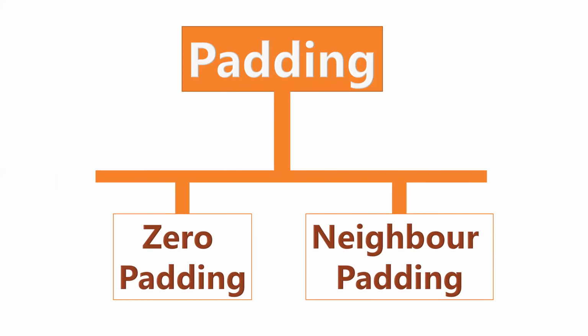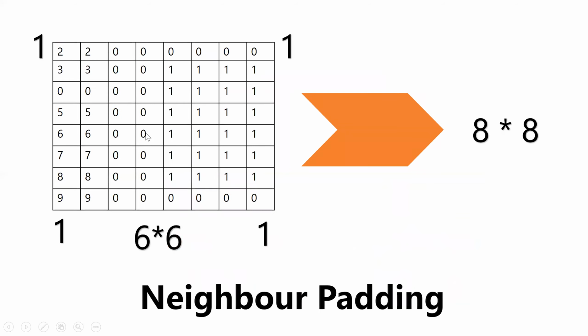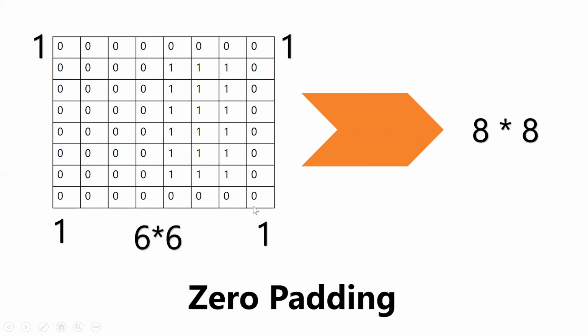As I told before, we have two different kinds of padding, zero padding and neighbor padding. We will see what each means. Zero padding means that in the extra layers we added, the top row, last row, left and right, all the cells of the padding are given the value 0. That is called zero padding. Here, this is our 6 cross 6 matrix, and in the boundary of the input layer, all the cells are filled with 0. This is zero padding. We need to give some value, so that's why we are giving 0. This is known as zero padding values.